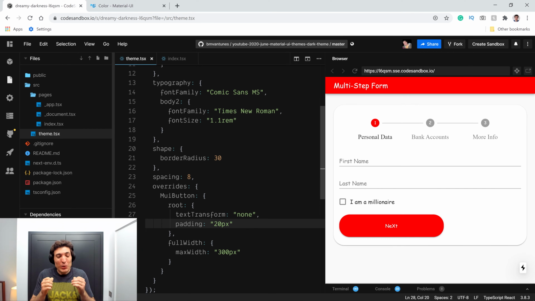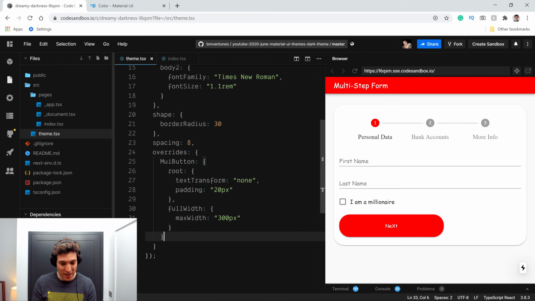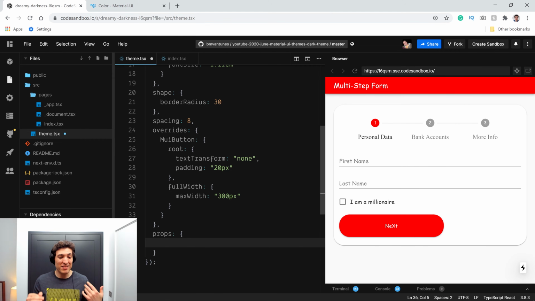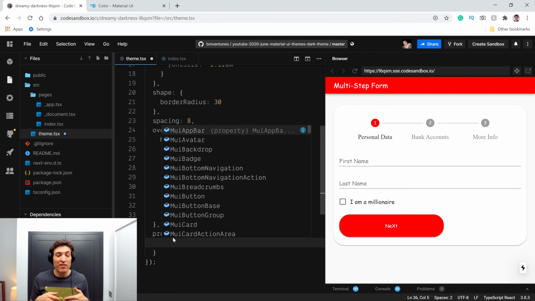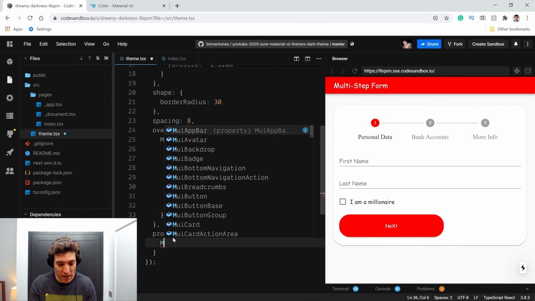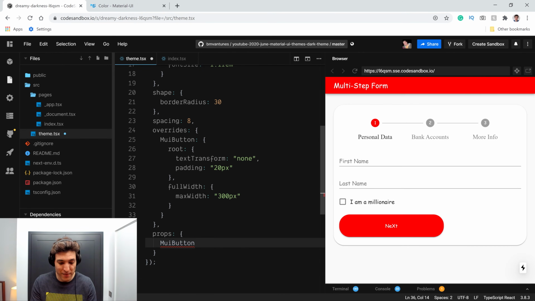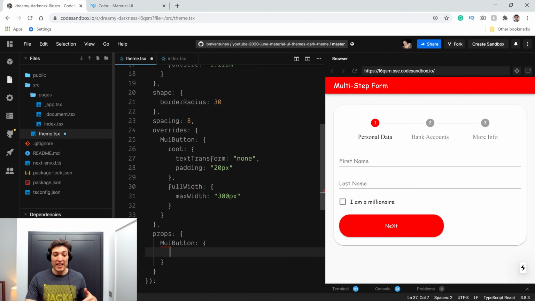Now we can look into something that is even nicer than the overrides, which is the default property values for components. So let's go over here, and after the overrides, I will start to put props, right? And when we use props, it will be similar in terms of the first level of the object. So the first level of the object over here, we can say new button. And now what we have inside this new button will be the default properties.